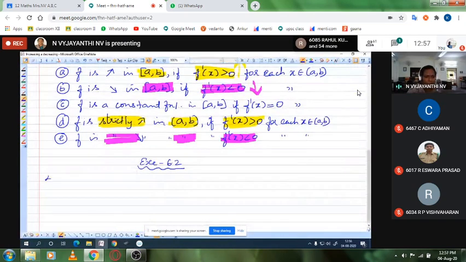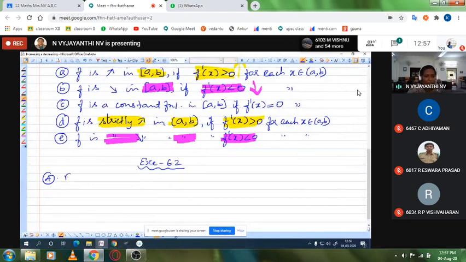So here, fourth sum we are solving. Find the interval in which